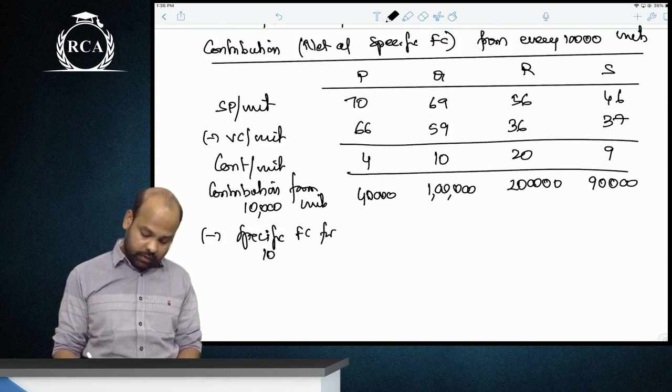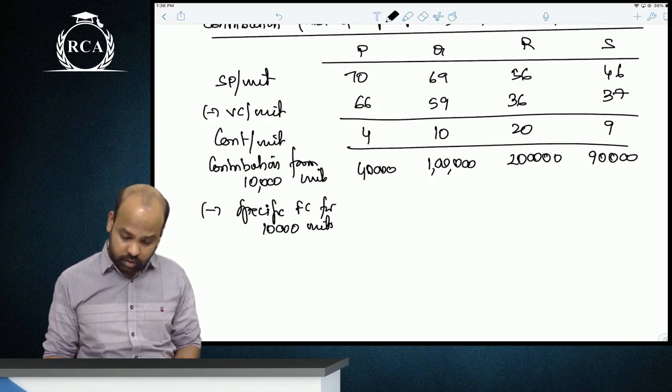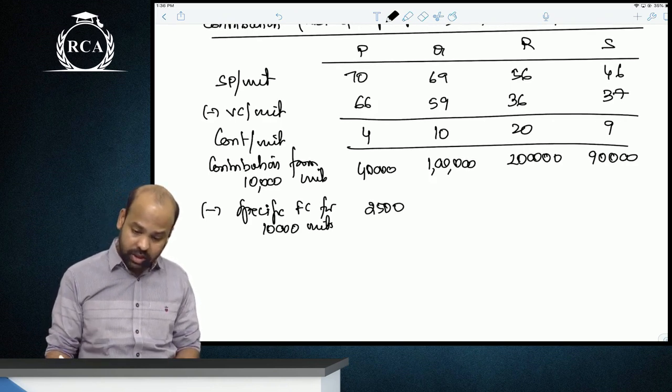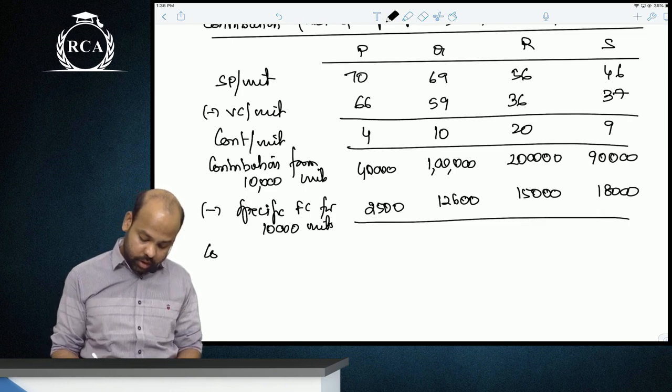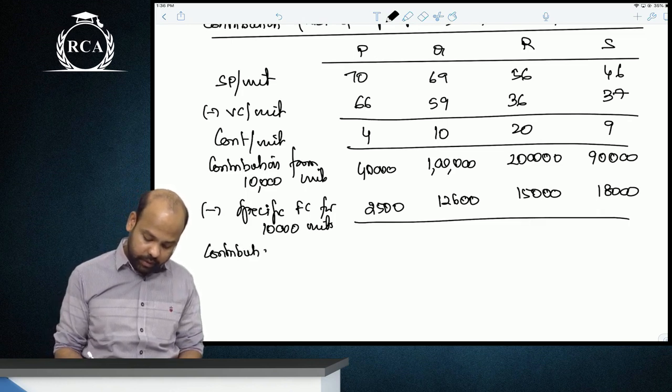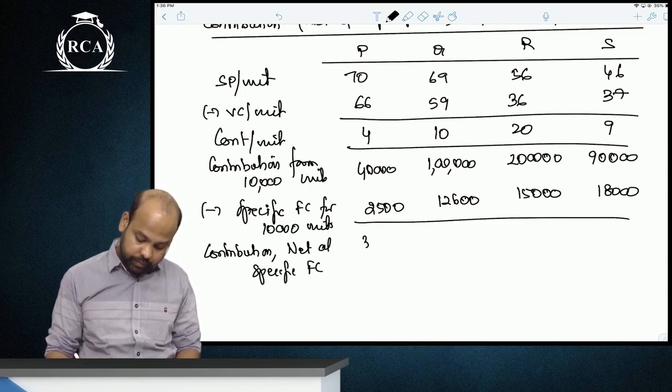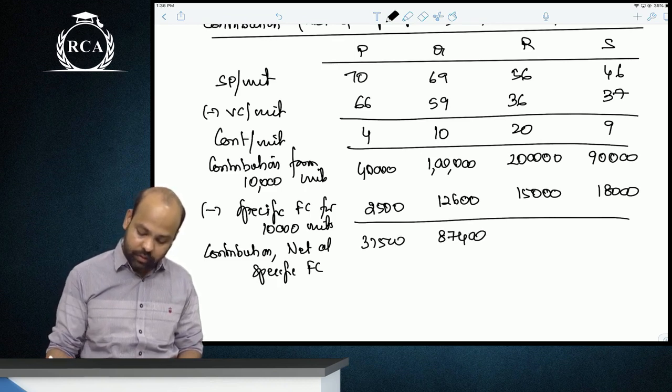What is the amount of specific fixed cost for 10,000 units? It is 2,500, 12,600, 15,000 and 18,000. You will get contribution net of specific fixed cost: 37,500, 87,400, 1,85,000,